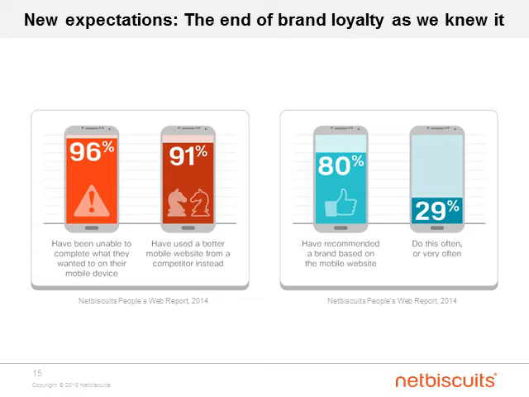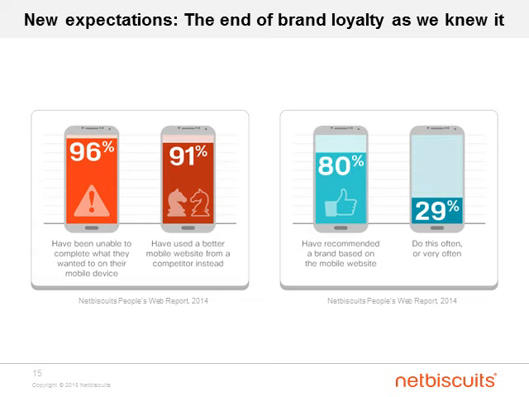And we're seeing this as well in how customers behave. Again, the answers from our People's Web report indicate how we're seeing the end of brand loyalty as we knew it. No one cares if your brand has been a high street name for 200 years or more, but they do care about whether they get the content they were looking for right at their point of need. It's what Forrester referred to frequently as the mobile moment. They care whether they can complete the task that they want to complete on the platform that they're using.